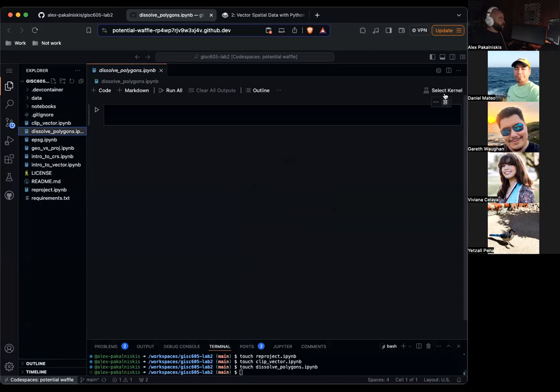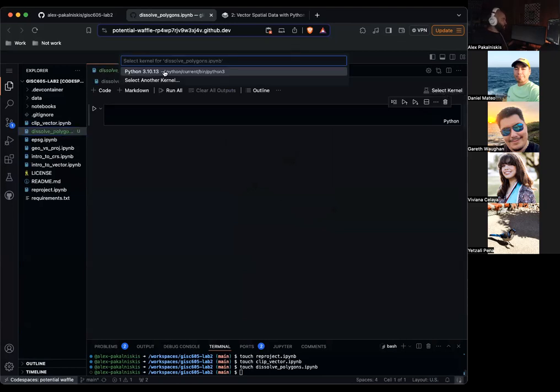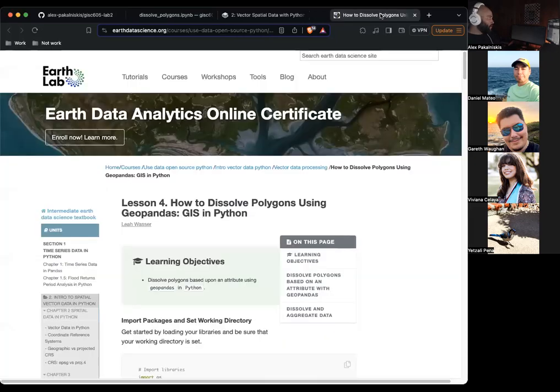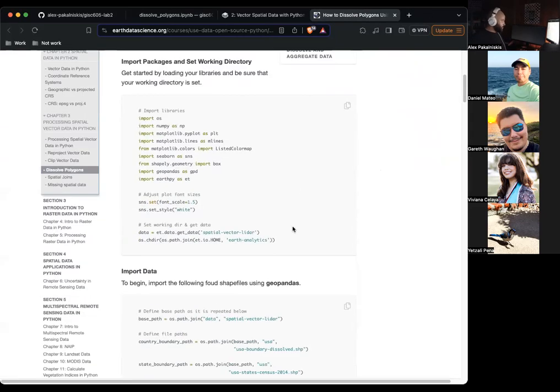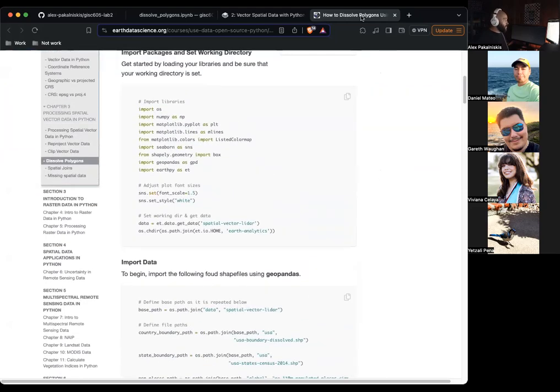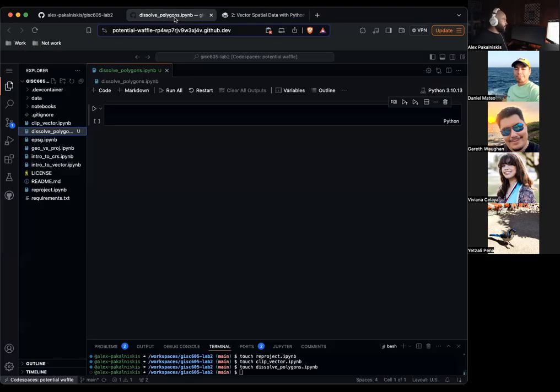Let's open that, select the 3.10.13 Python kernel, and just jump right in. This one should be a shorter one. And we're just jumping right into dissolve. Let's go. No hesitation.